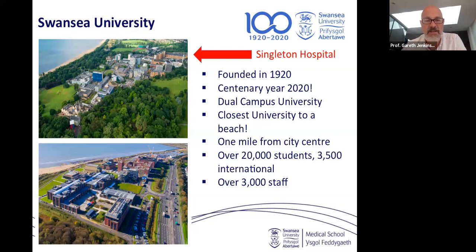Swansea University has the distinct honour of being the closest UK university to the beach. You can see both the campuses here are right on the seafront. And we are home to about 20,000 students, so we're a middle-sized university in the UK with about 3,500 international